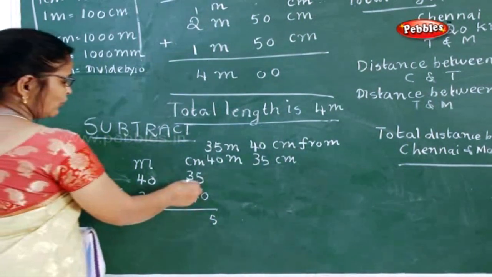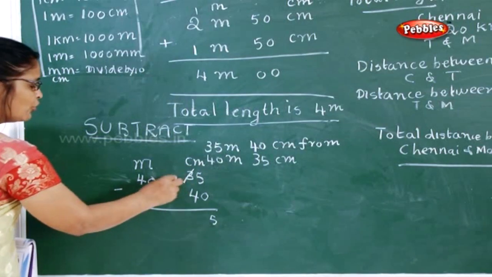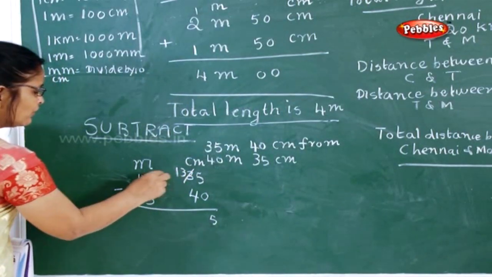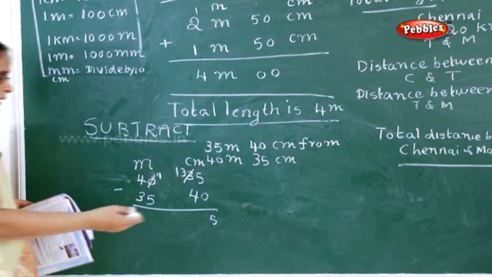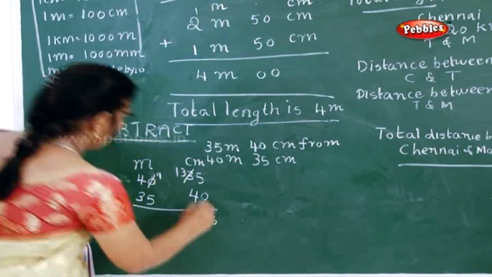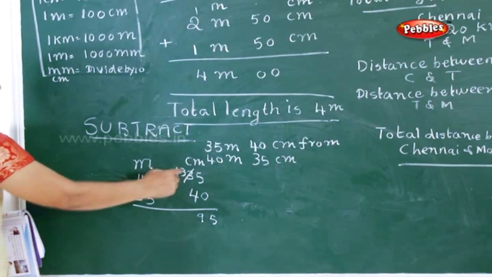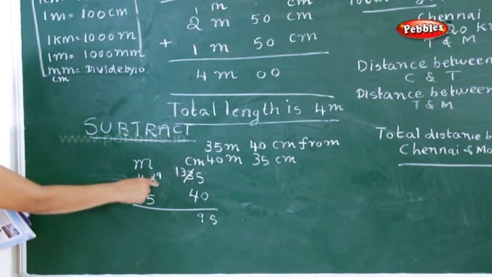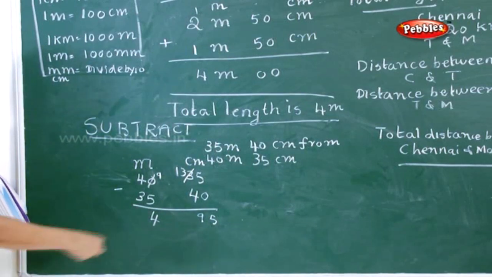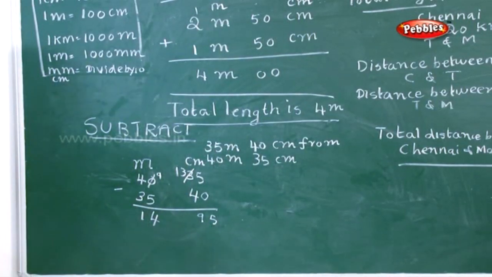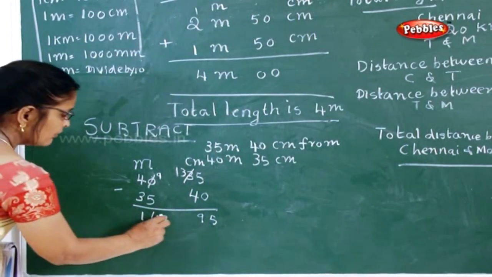Because you cannot minus, so immediately what will you do? You will borrow. You will borrow and this will become 9. What is 13 minus 4? 12, 11, 10, 9. You will have 9. Now what is 9? Because 1 you have borrowed, this 10 will become 9 here. What is 9 minus 5? Very good. 4. What is 4 minus 3? It is 1. Now what will be the answer you have tried? You have tried 4.